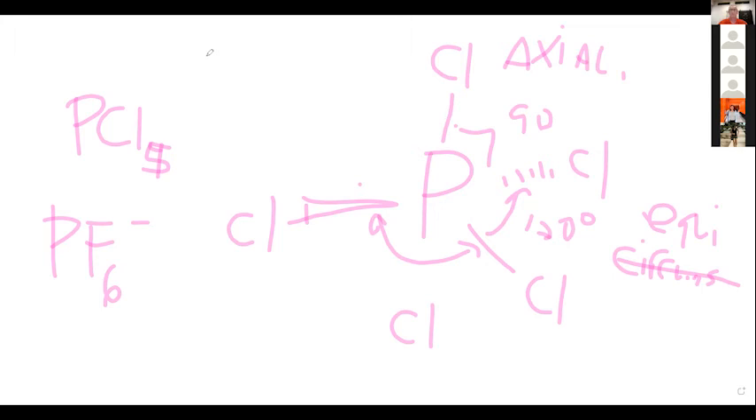So this is also a symmetrical molecule. Yeah, that's what I was thinking. They all point kind of like a circle, and because of that, it's going to be symmetrical, and so it's going to be nonpolar. And the difference with PF6